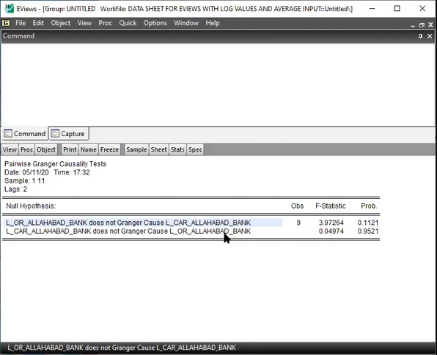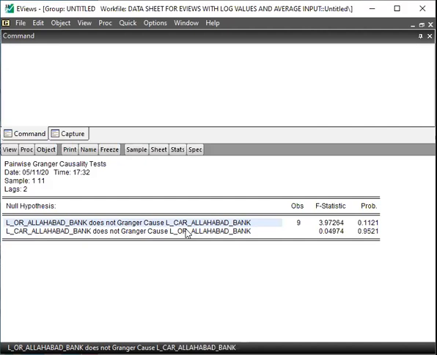Here again we are not able to reject the null hypothesis. That means we accept the hypothesis that CAR of Allahabad Bank does not Granger cause OR of Allahabad Bank. So what we see is that both variables OR and CAR, in both directions, do not Granger cause each other. That means there is no causal relationship between OR and CAR of Allahabad Bank.